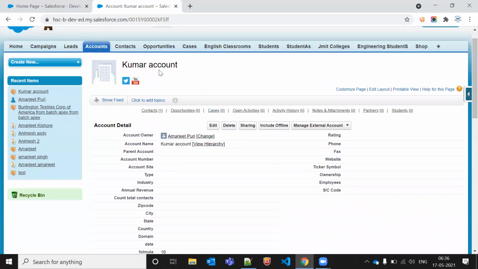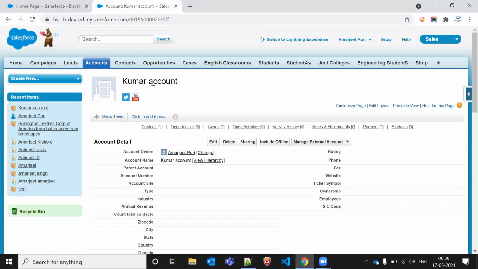The second challenging part is, let's say I have three objects. One is a parent object, one is a child, and another is a parent. So that is a junction object, we can say a many-to-many relationship. This is my parent object, this is my child object, and this is my other parent object. It's a many-to-many relationship.